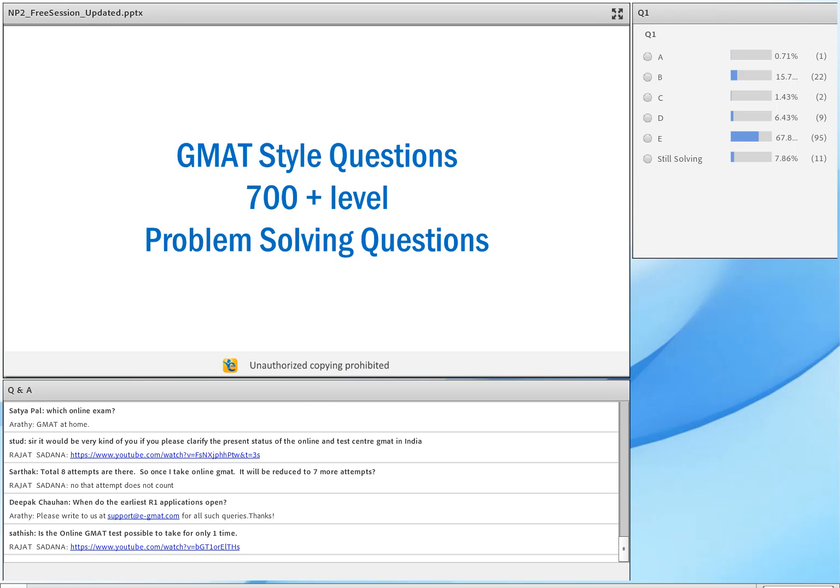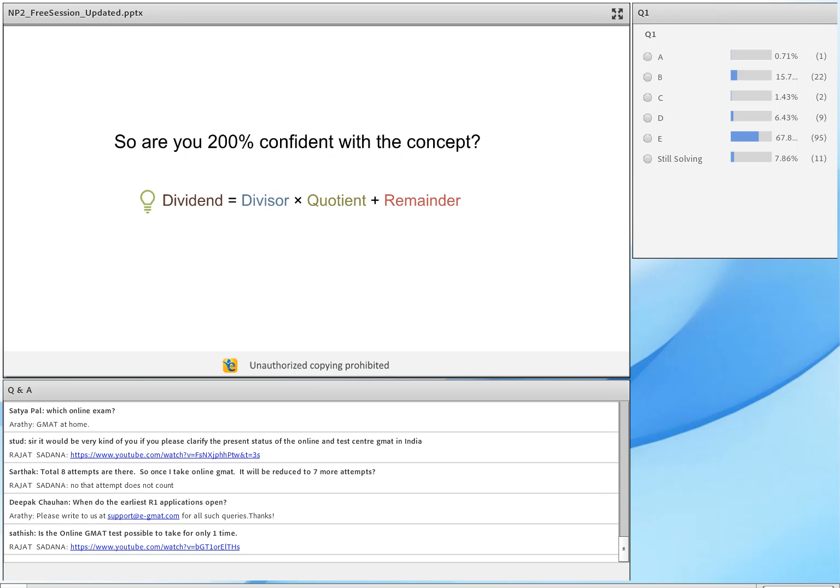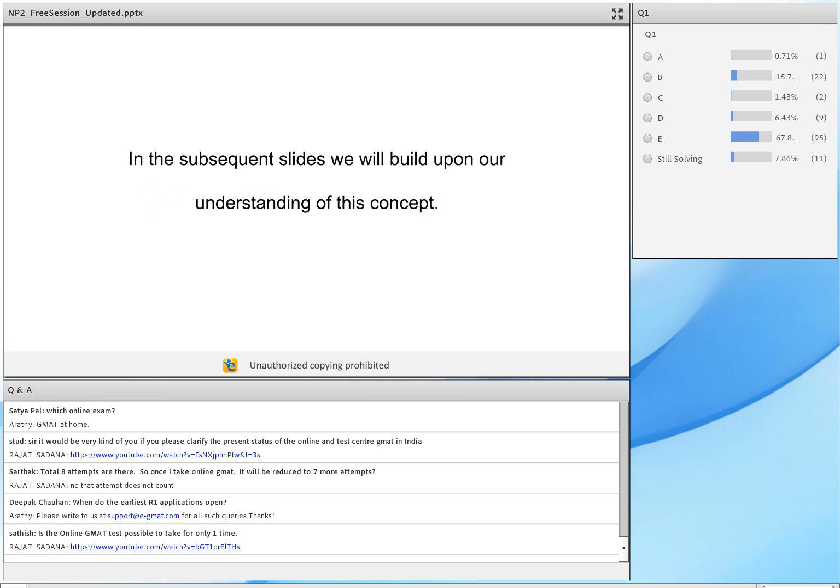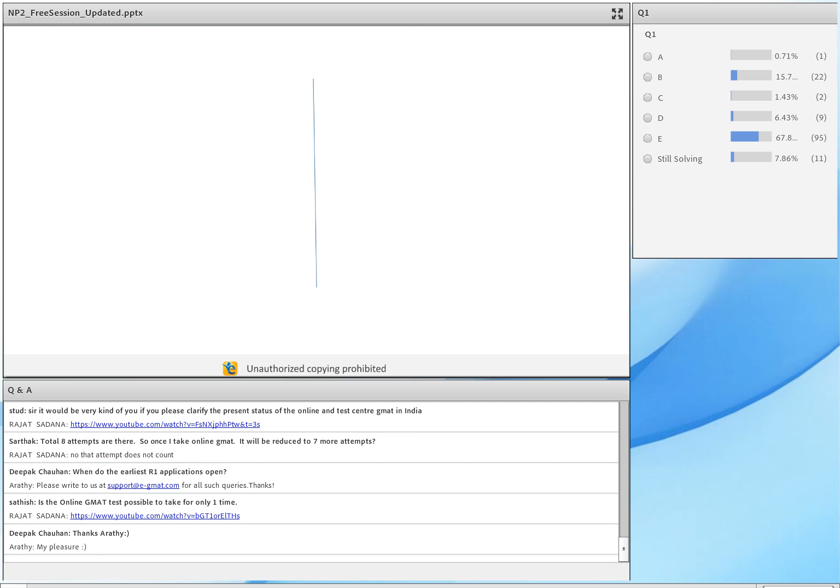All right, with that, let's start solving more challenging questions over here. And I want to make sure, again, that you start to use this equation if you've not started to use it now, because this is an equation you're going to use again and again going forward. In the next set of slides, we're going to build upon this understanding with regards to addition and multiplication of numbers and the remainders that we get when we do that. So the first thing